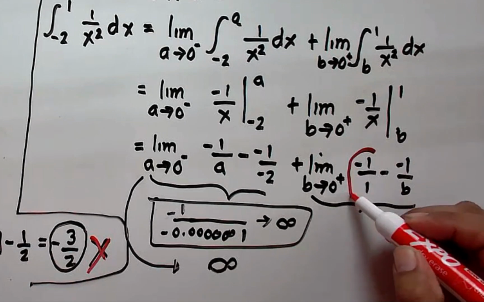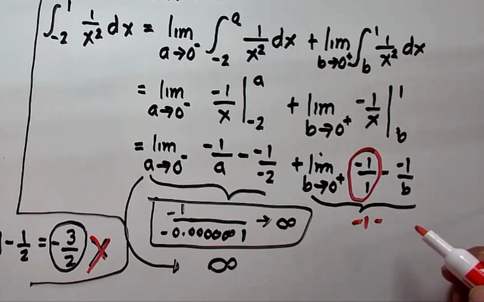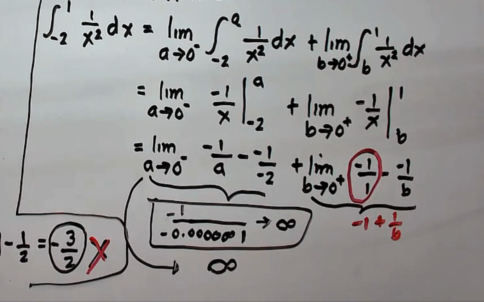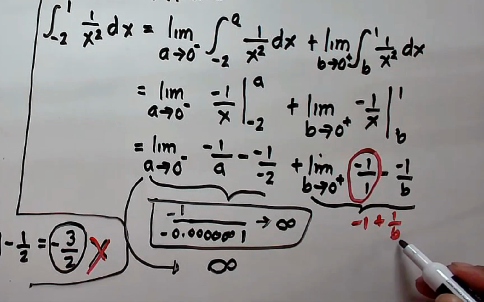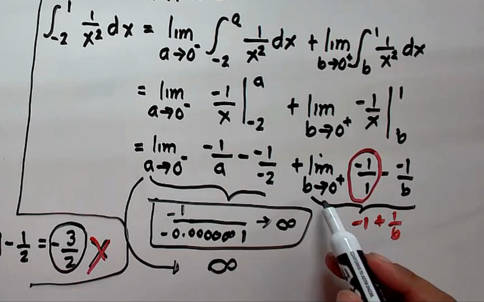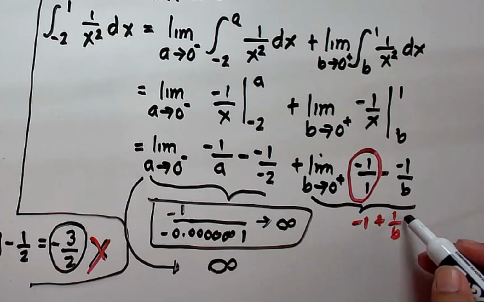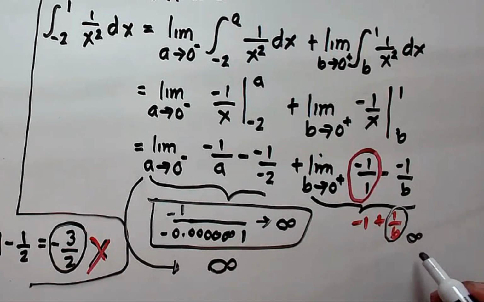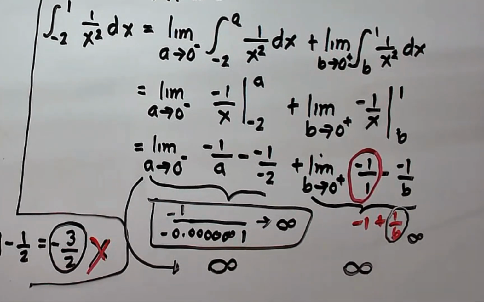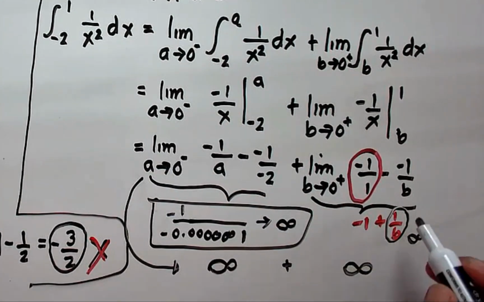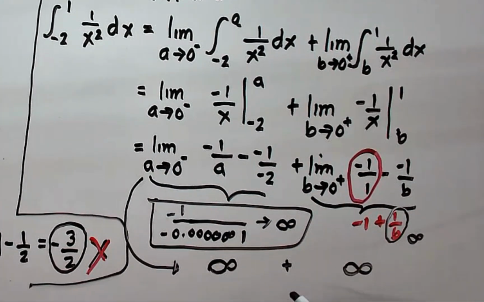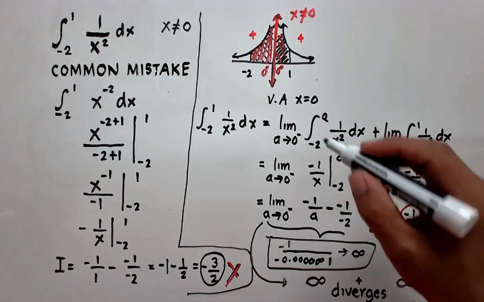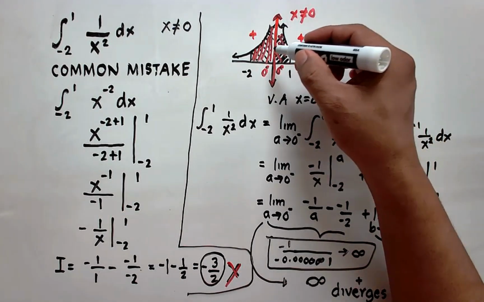Now here, this part here is negative 1 minus, then you have negative that becomes positive 1 over b. Now you have here a positive number divided by an extremely small positive number because b approaches 0 from the right. Then this part here would also be infinity. And negative 1 plus infinity would still result to infinity. So you have here a value that approaches infinity and another value that approaches infinity. Then we now say that this integral diverges and we cannot find a definite finite solution for the area of